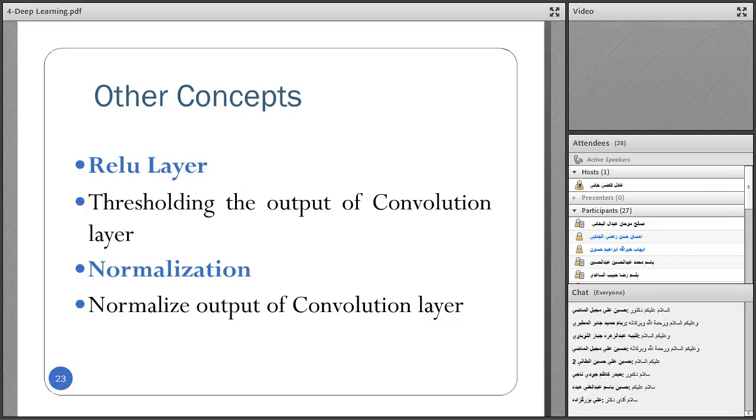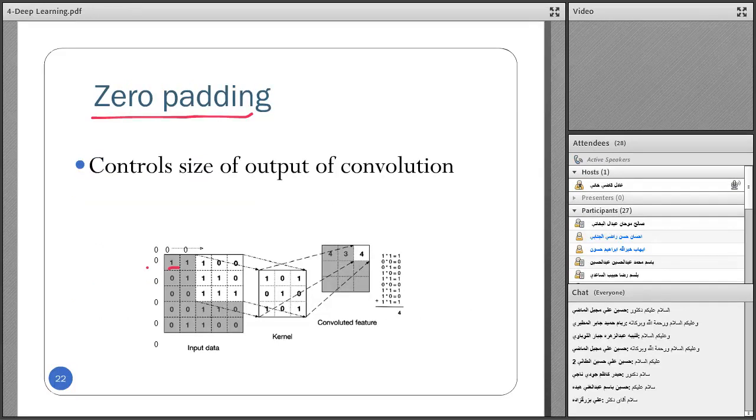And we said that in the convolution layer we are generating some features. Those are the feature extraction. Okay, if you remember here in this figure,